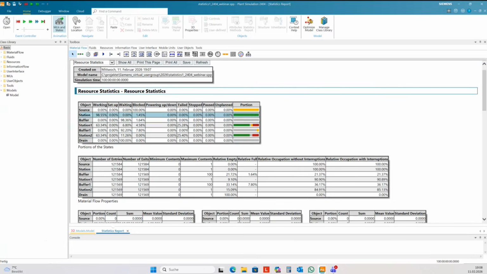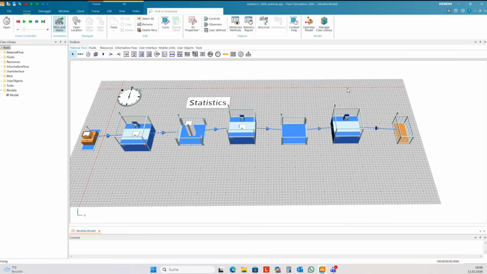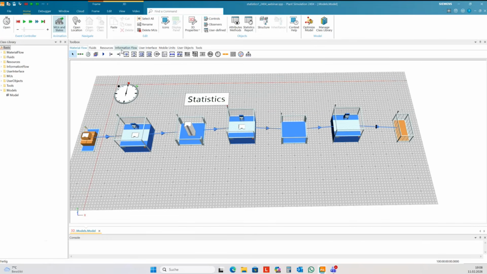Here we have already the statistics about the stations, but this is not really nice looking, so you can do it another way.